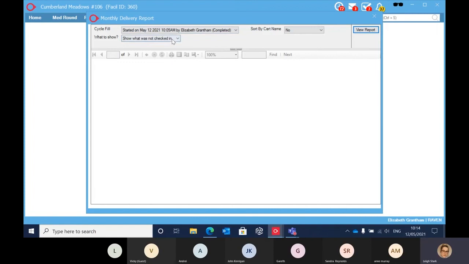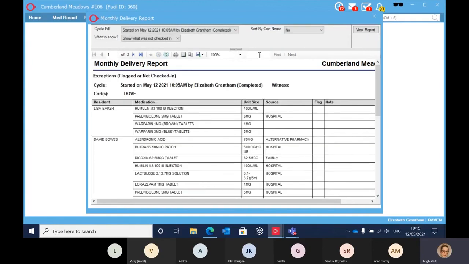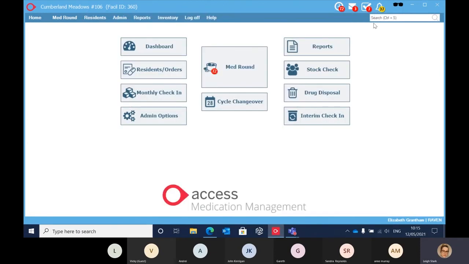that one. And then you can filter to show what was not checked in, which will be what that query list was, or you can do the opposite, you can show what was checked in. And then you just press view report and it will give you a list of all those ones that weren't checked in. A lot of them, like I say, you're probably going to know because you didn't order them, but there might be a few queries on there. Okay. Essentially, that's your checking in. Quite an easy task. Like I say, your monthly checking in is for those big deliveries that you get,